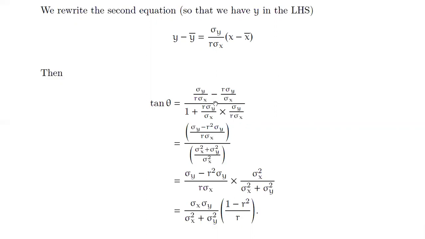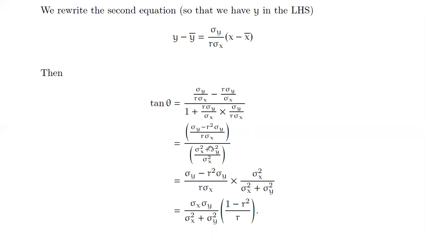Now after that, let's solve this denominator part over here. So I get 1 plus r, and this r will cancel, and I get sigma y into sigma y, that is sigma square y, divided by sigma x into sigma x, that is sigma square x. So now what I have here is 1 plus sigma square y by sigma square x. Take the common denominator, which will be sigma square x. So this 1 gets multiplied by sigma square x, plus r is cancelled, please note. So I get sigma square x plus sigma square y over here.